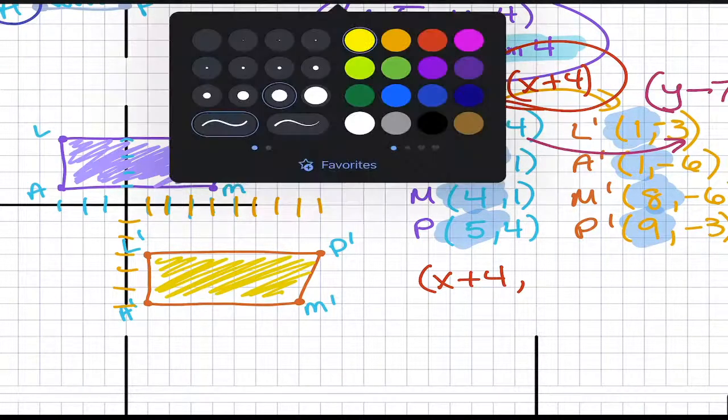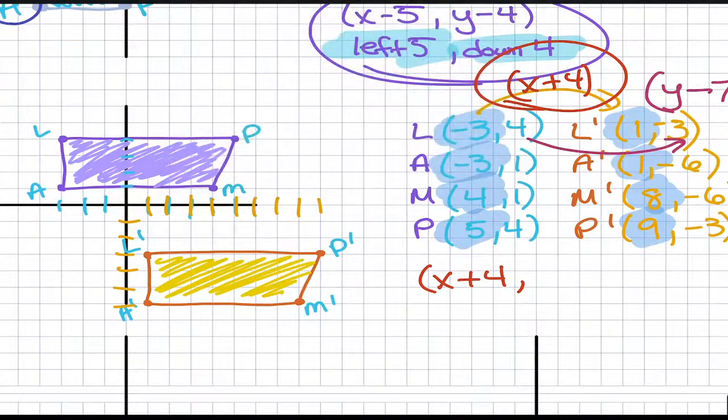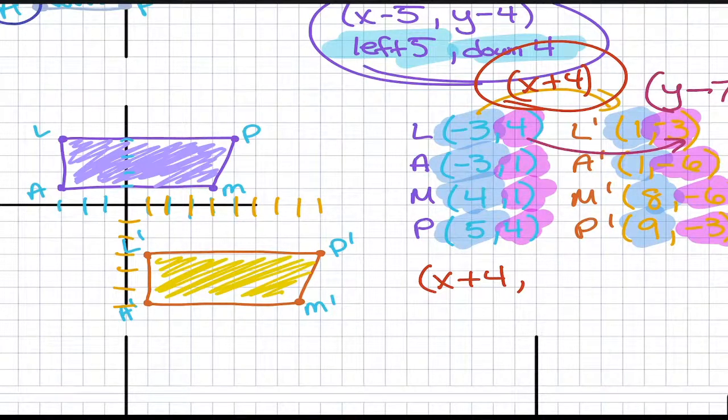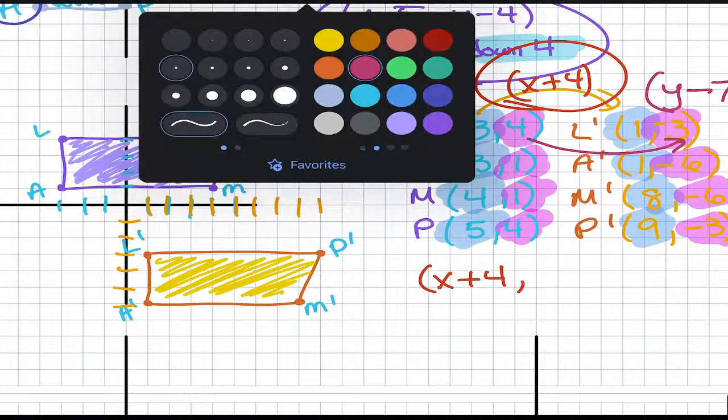All right, let's find out. 4 minus 7 is negative 3. Yep. 1 minus 7 is negative 6. Yep. 1 minus 7 is negative 6. Yep. 4 minus 7 is negative 3. Yep. All right. So that means our second equation should be,